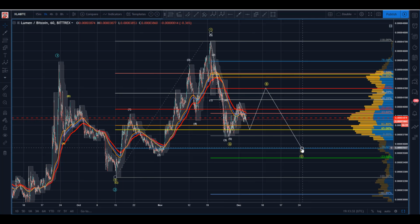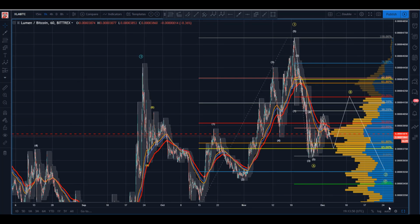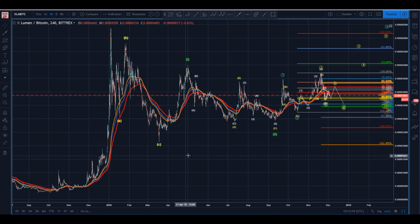Now down here, I like that better. I think this solid 5, right, here's the overlap of the 1, looks quite strong here. So what's the alternate, right? So we see a diagonal and you go, well, am I completely wrong here, and that this is a C wave, an ending diagonal of the entire thing? Well, right, so it's always a question of, would you bet on that? Well, as I look at it here,